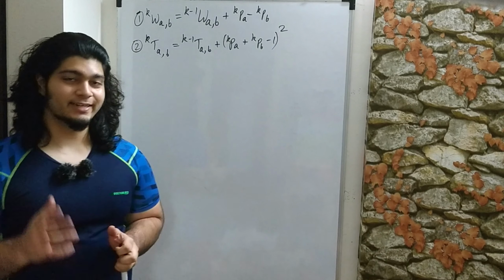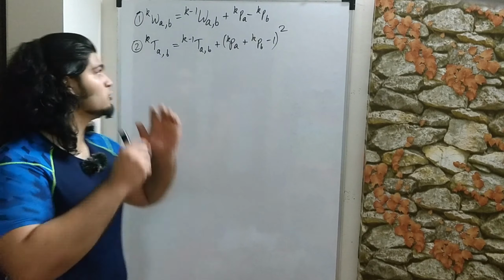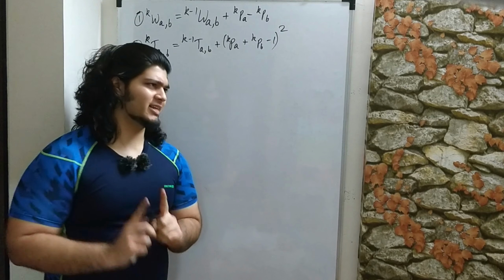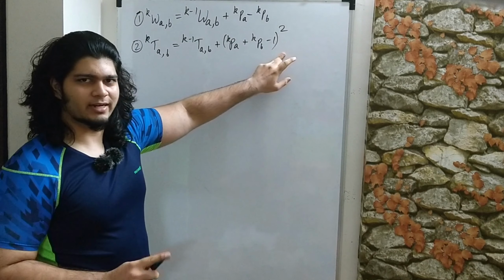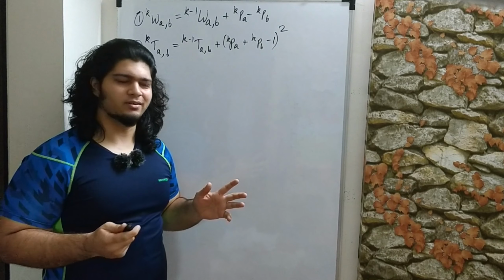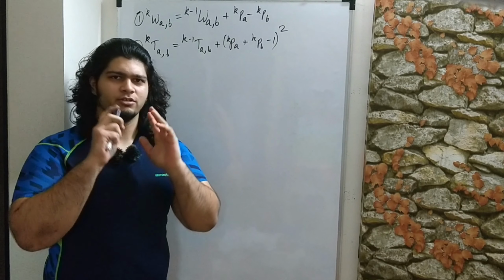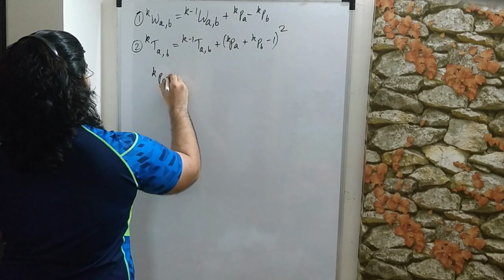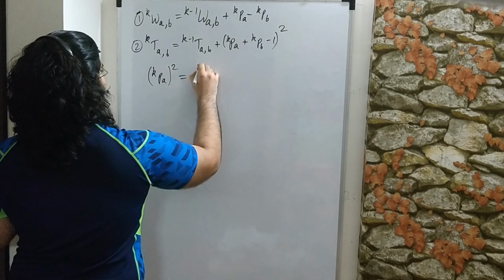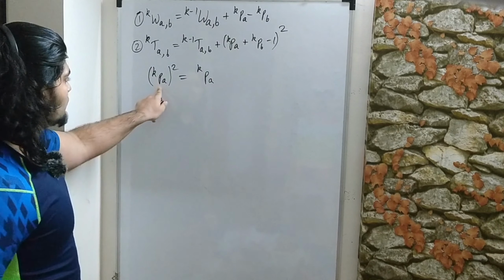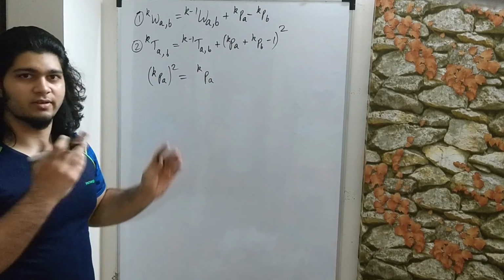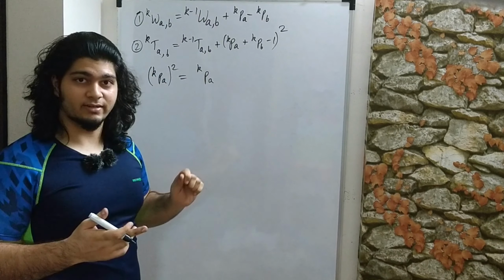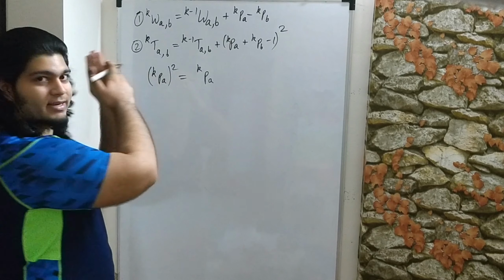So far we have succeeded in converting the win-lose conditions into solid mathematical formulae which are easy to work with. Except you might not agree with that, because we have a square over here, and you may say, well, squares are not that easy to deal with, and I agree with you. So we are going to simplify it. Notice that k pa squared is equal to k pa, because this is either 1 or 0, and 1 squared is equal to 1, 0 squared is equal to 0. So using that we can expand this, and we know that we'll get some square terms, and this equation says that it will simplify.